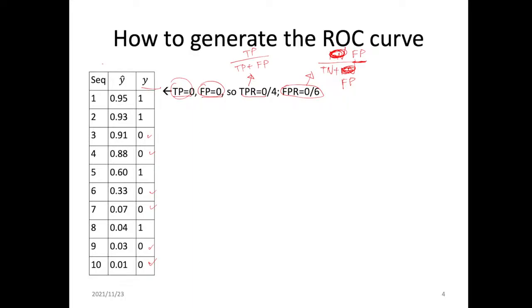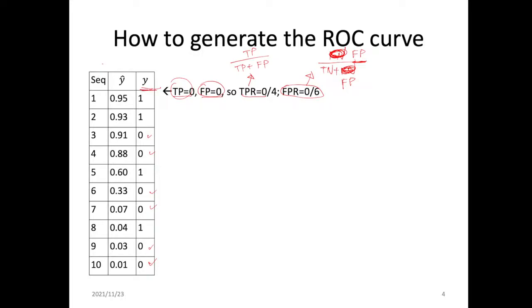Let me think about it for a moment. Am I correct or not? Yeah, it should be false positive. In the numerator, it should be false positive. Okay, so